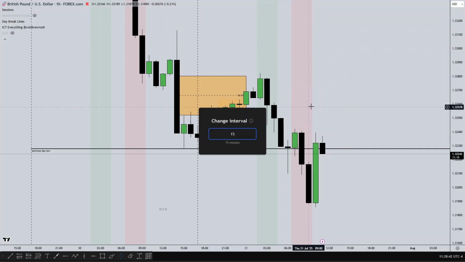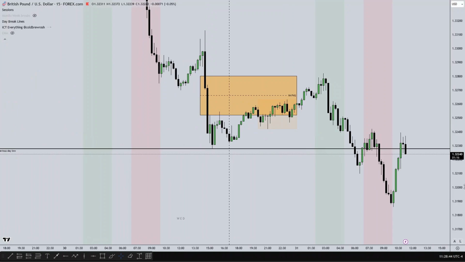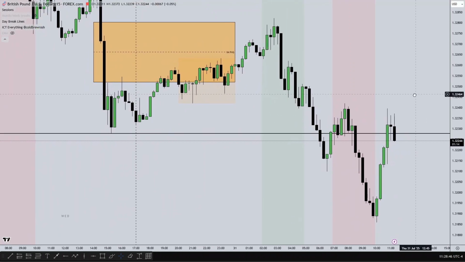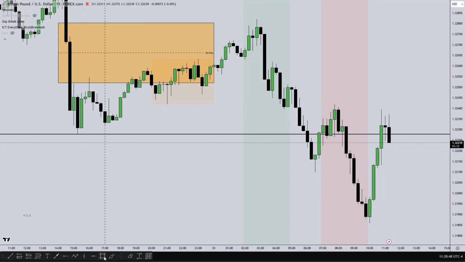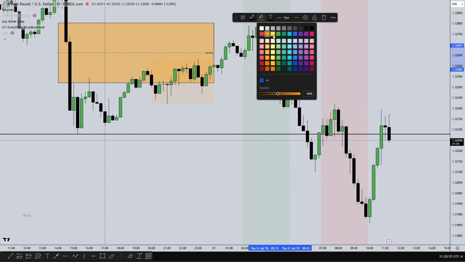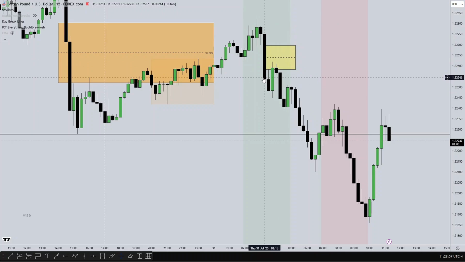So first, let's go to the 15 minutes. On the 15 minutes, you can see the clear trend, shift in structure, 15-minute fair value gap. And if you notice, the fair value gap forms at 3:15. Price opened at 3:15, formed the fair value gap, and this is your 3 a.m. to 4 a.m. entry. So you set the limit order, price retraces to the limit order,